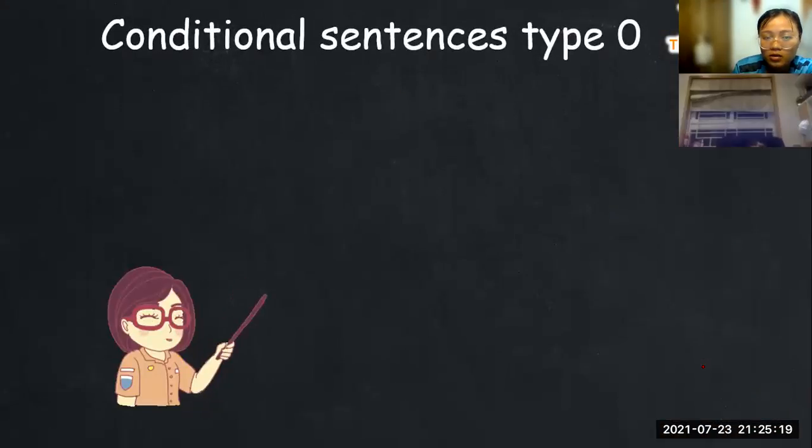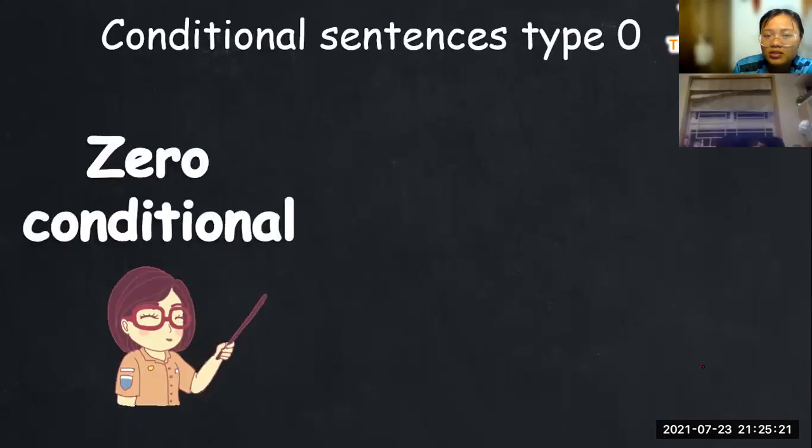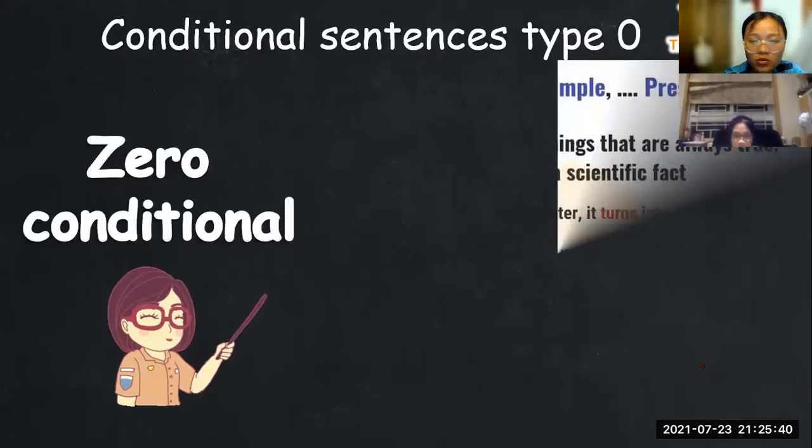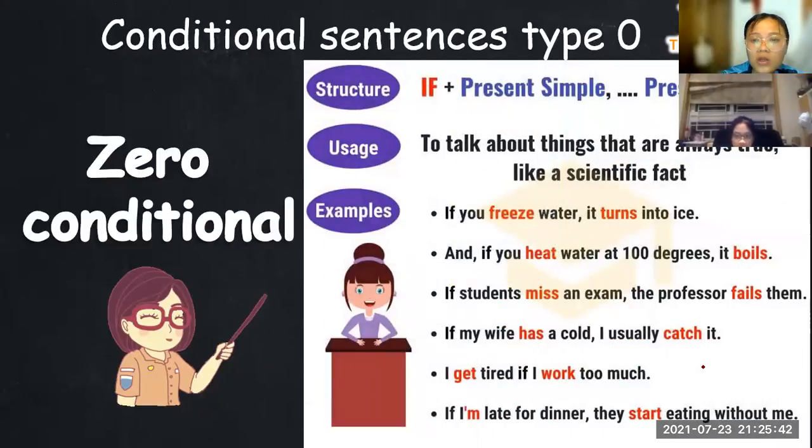And now next one. Let's show you the conditional sentence type 1. Chúng ta đã được học câu điều kiện loại 1, loại 2 rồi. Vậy thì còn loại 3 chúng ta sẽ chưa học, vì đó liên quan đến một phần thì mà chúng ta chưa được học. Hôm nay cô sẽ show cho con câu điều kiện loại 0. Thực ra câu điều kiện này chúng ta cũng ít gặp thôi, nhưng vẫn phải nói đến trong bài này. Chúng ta có dạng câu điều kiện loại 0 theo cấu trúc của nó sẽ là gì?